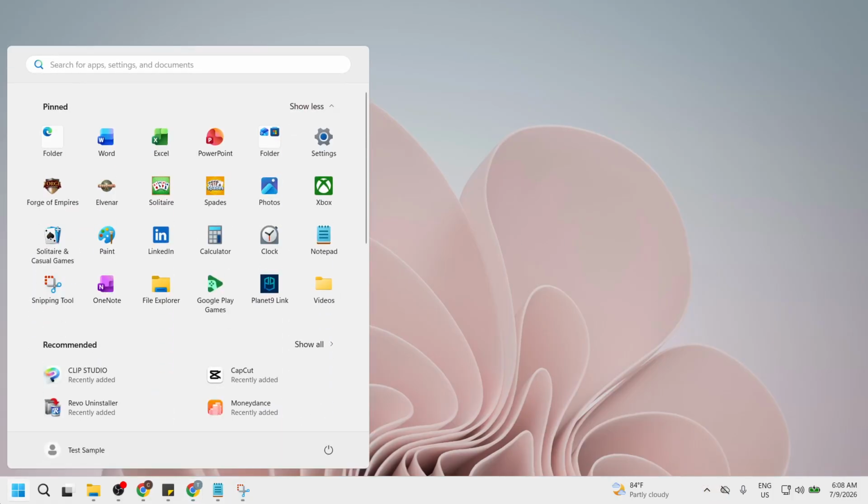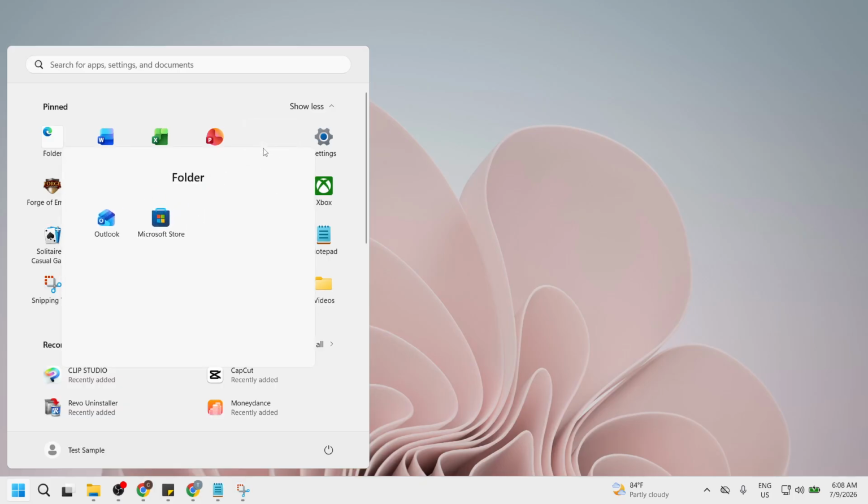To do this, simply click on the Start button located at the bottom left corner of your screen. You can also press the Windows key on your keyboard. Once the Start menu is open, you will see a variety of apps and settings. This is your gateway to accessing different features of Windows 11. Opening the Start menu is essential because it helps you navigate to the Microsoft Store, where you can manage your app updates easily. Next up, we will open the Microsoft Store.